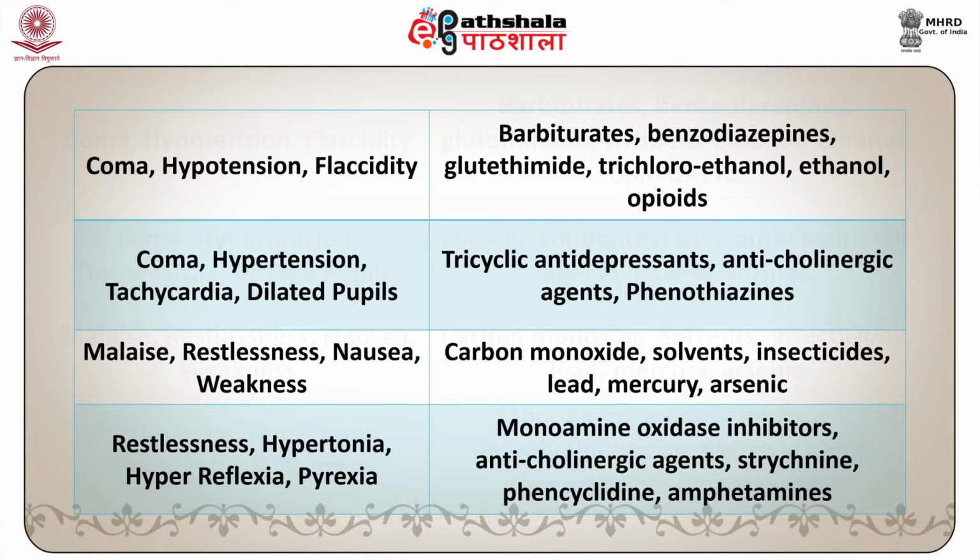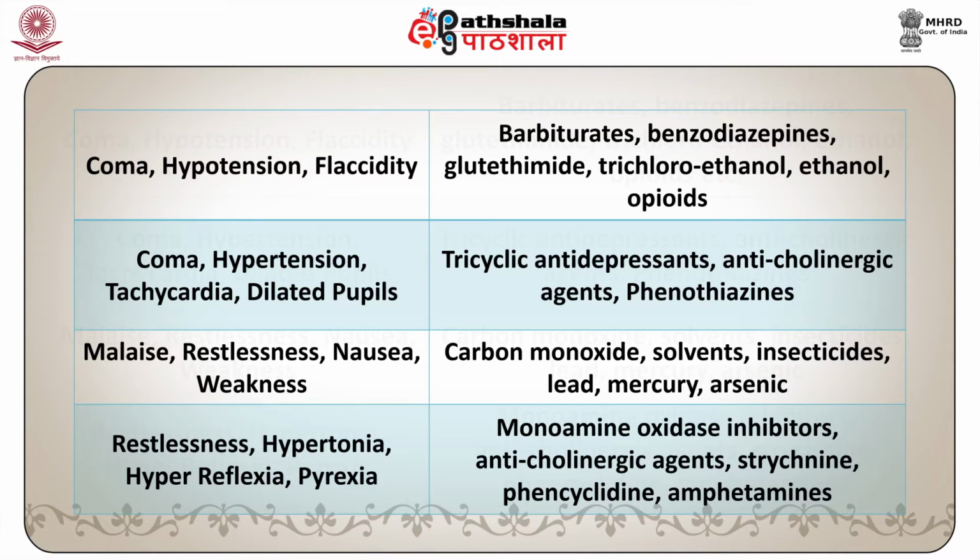In case of coma, hypotension and flaccidity, it is the barbiturates, benzodiazepines, glutethimide, trichloroethanol, ethanol, opioids, etc. In case of coma, hypertension, tachycardia and dilated pupils, the general drugs used are tricyclic antidepressants, anticholinergic agents and phenothiazines. Next is malaise, restlessness, nausea, weakness, and it is caused by the carbon monoxide, the various